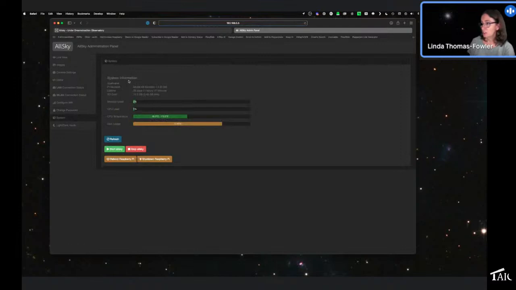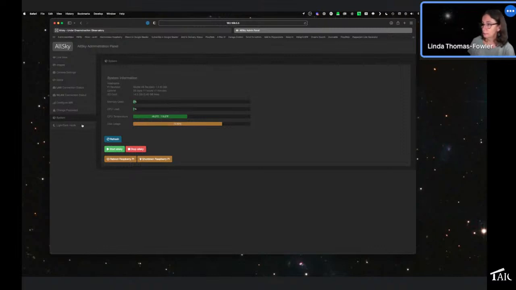You can see some basic information about the Pi. Generally on the Pi 4, the CPU load is going to be very low, except during the morning where it's calculating and generating the time-lapse videos and keograms. The CPU temperature in my case seems to kind of be in the 40s, except during the summer this got up into the 50s. And then the current disk usage, which is the SD card that's plugged into your Pi. In my case, I have a fairly small 16 gigabyte card, so at some point I need to get a bigger